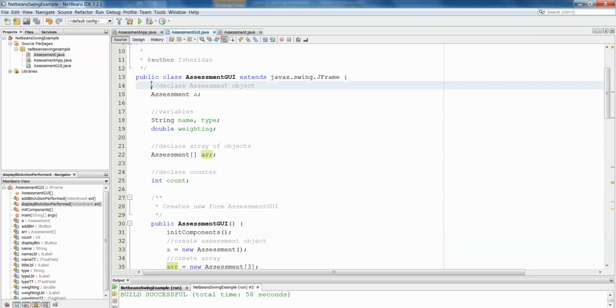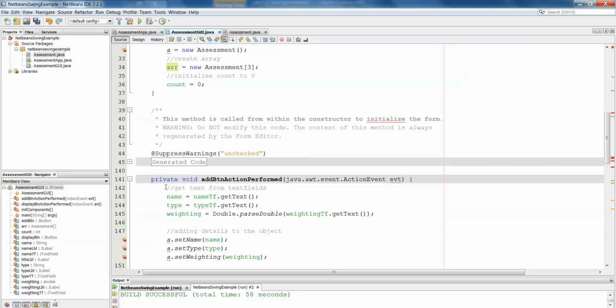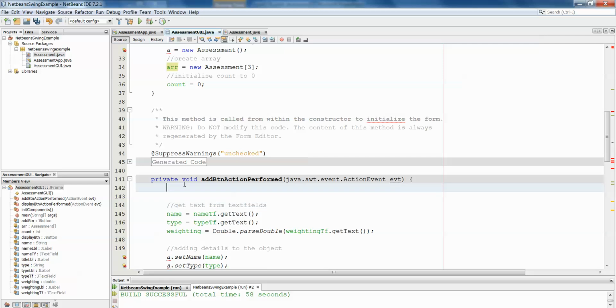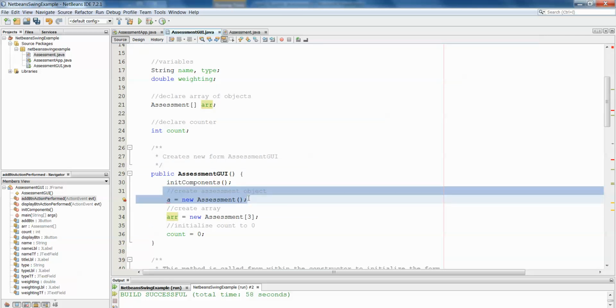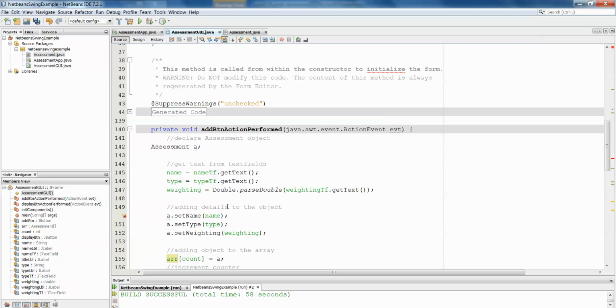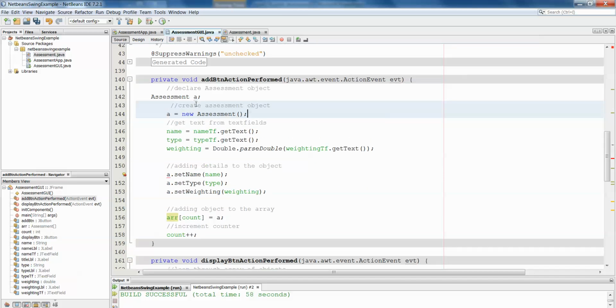Okay, if I move this in here, and I move this in here, okay, so if we play that now,